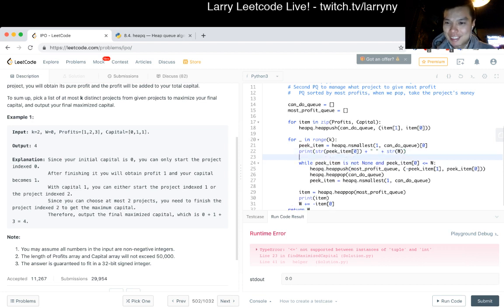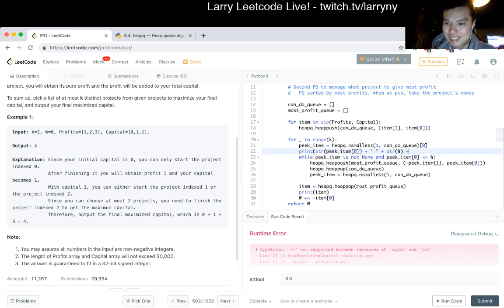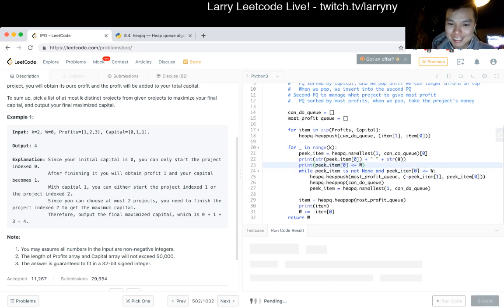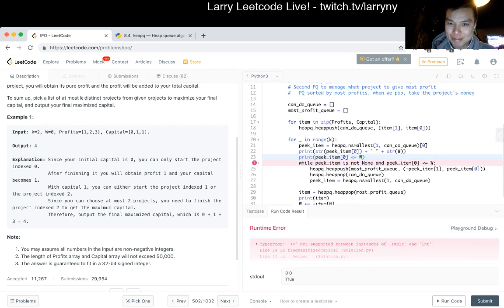I don't even know what to print to debug this. What?